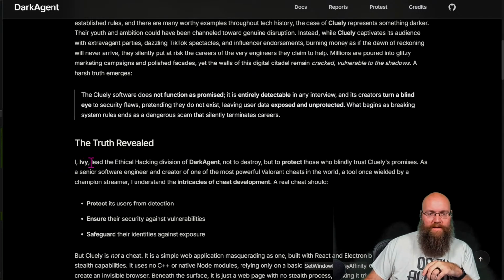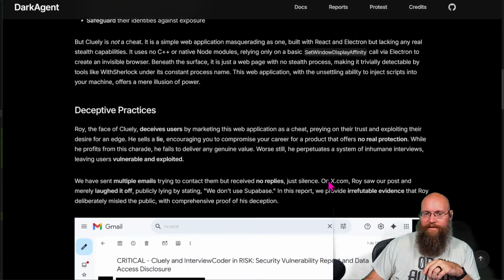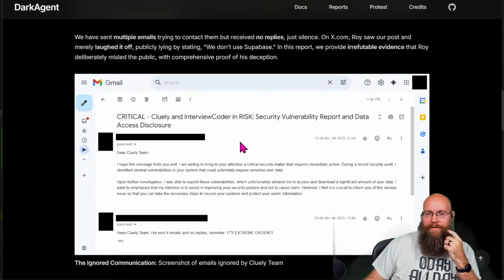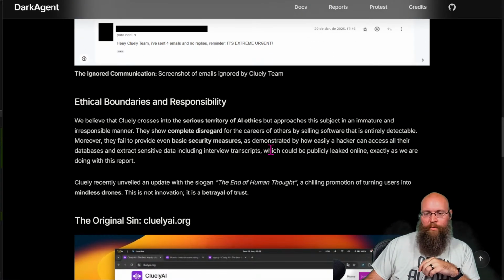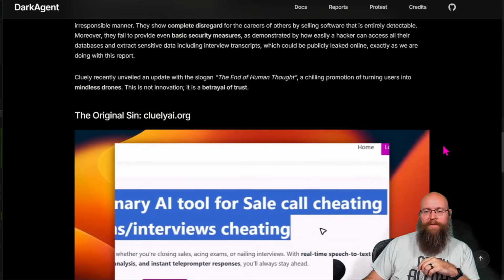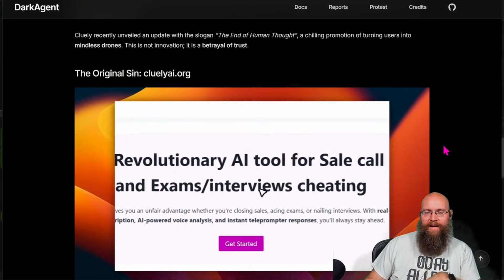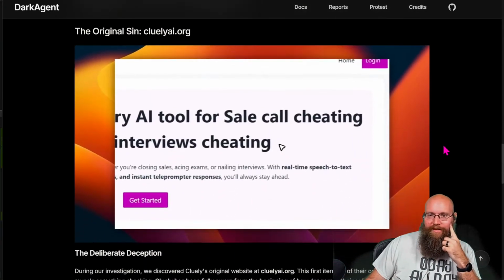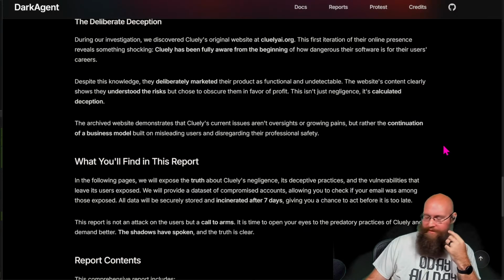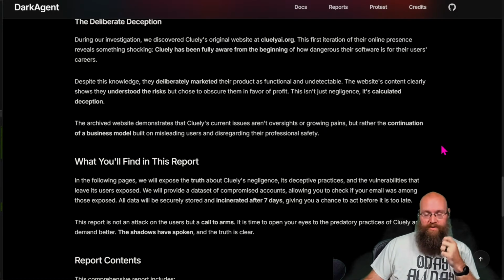Oh, actually, this is from Evie. Lead the ethical hacking division of Dark Tangent. Yeah, because Cluely actually got pretty well ripped apart. Somebody did a very basic reverse engineer on it, and the entire system prompt was just baked into it.